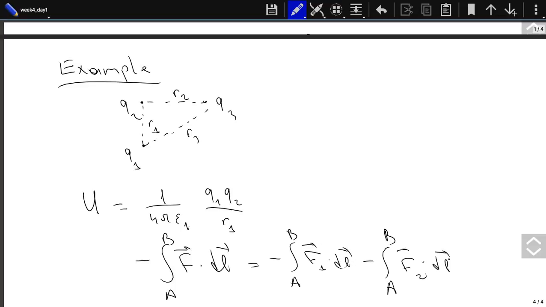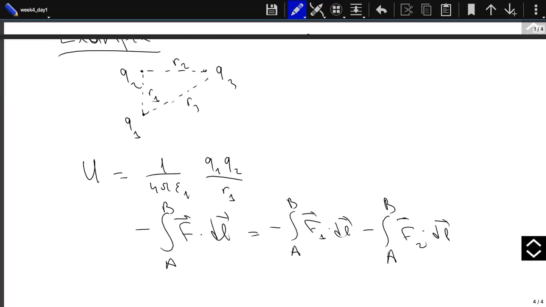But we have evaluated both of these integrals separately. So we already know that this is nothing but, both of them with minus, equal to 1 over 4 pi epsilon 0, Q3 Q1